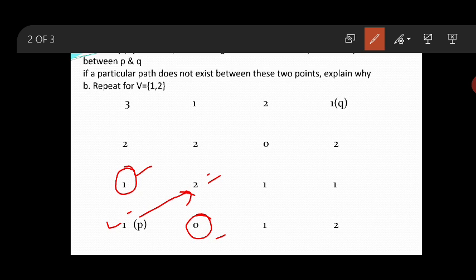The common pixels of 1 and 2 are 1 and 0. Are they from V? Yes, one of the values is from V, so you can't make a connection here. In what direction can you make it? You can make a vertical connection. With the green arrow, you made a connection.